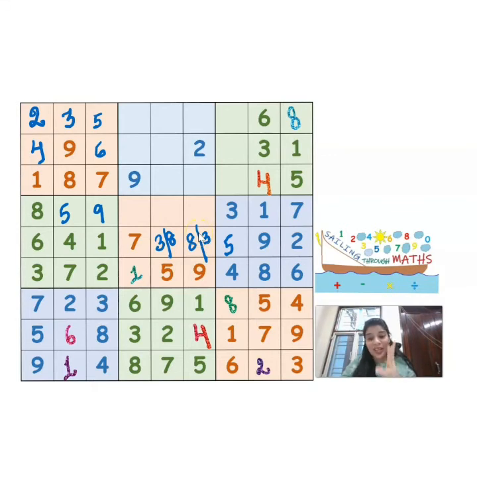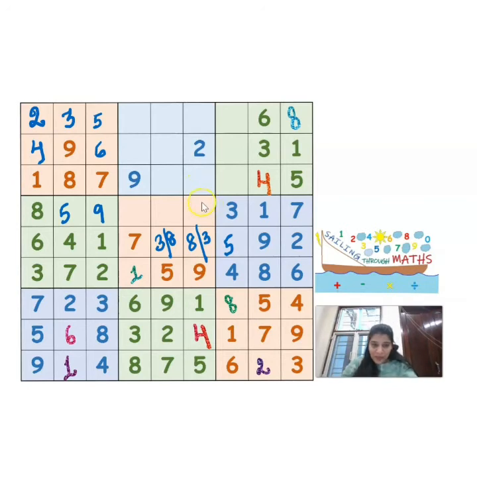So 3 and 8 are already used. So 1 is used, 2 is not used, 3 is used, 4 is not used, and 6 is not used. So the 3 numbers which can come here in these 3 blocks are either 2, 4 or 6.